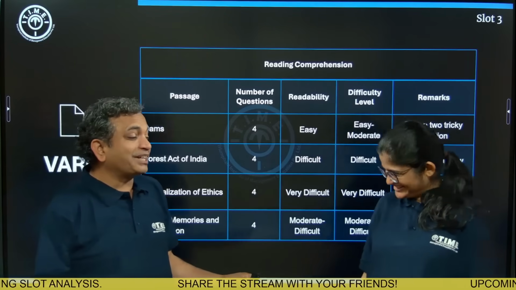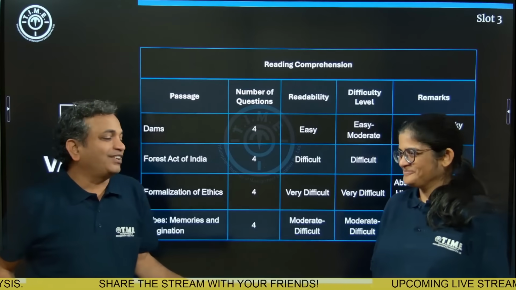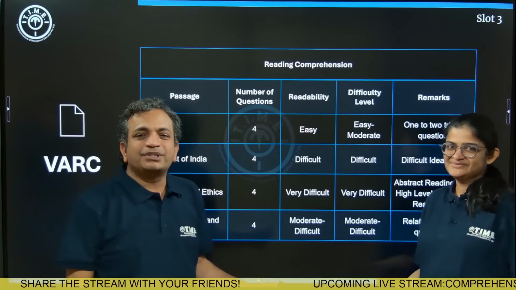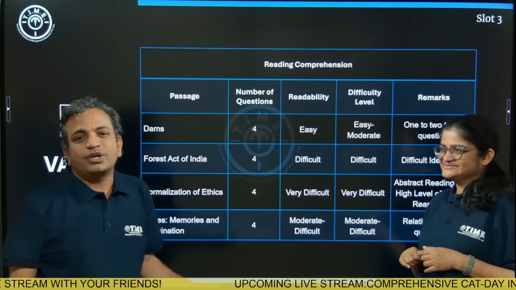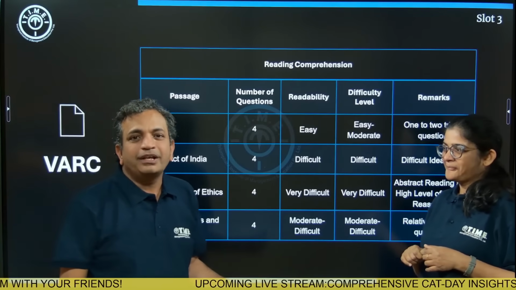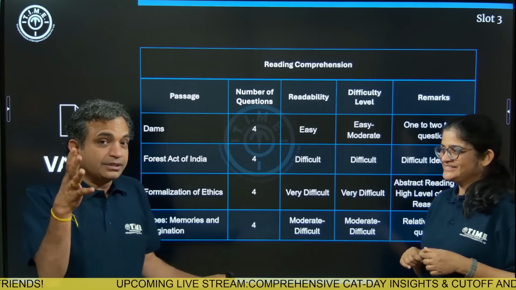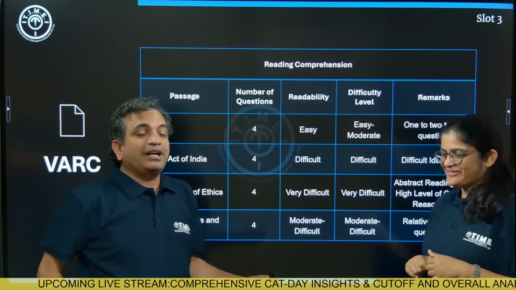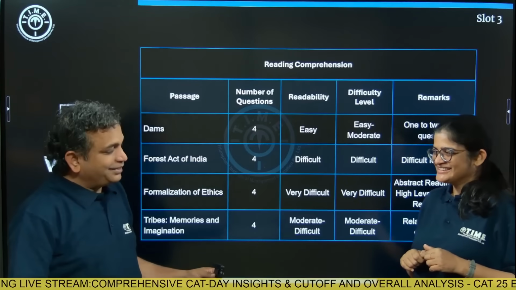So one more case of our material making its presence felt in the CAT. As I've shared with you in the earlier videos, we have a couple of AIMCAT sets coming in the afternoon slot from AIMCAT 15 and AIMCAT 14, and we have a couple of quant questions making their appearance. And this is just from the initial information that we have got about the exam, and now we have a direct RC passage straight from our material.